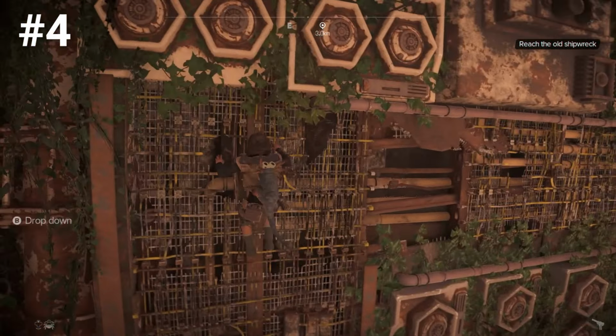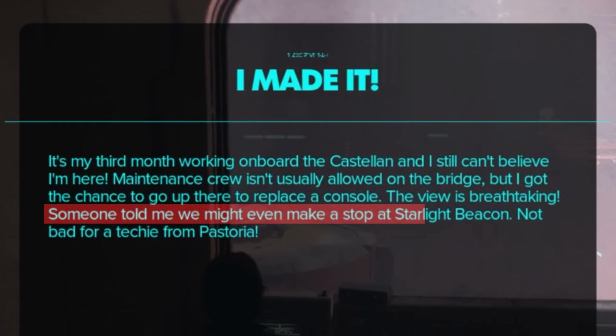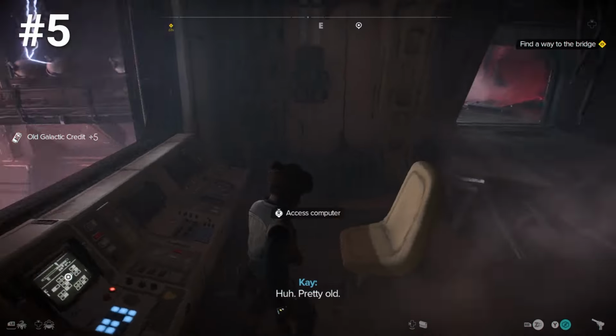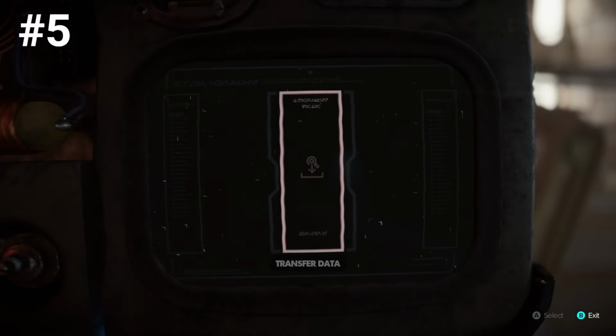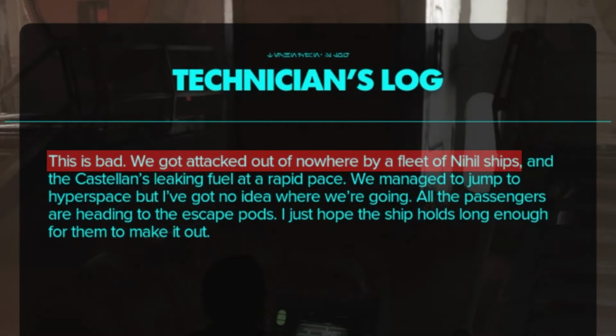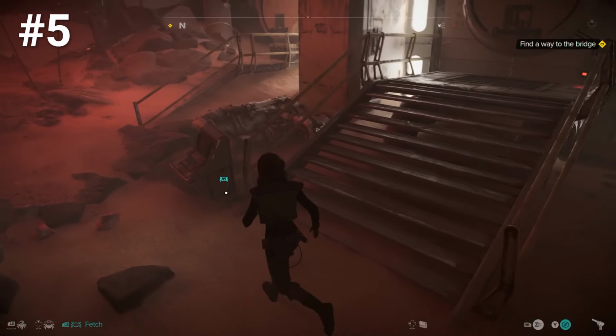In that exact same section, there is a mention of Starlight Beacon from the High Republic. This is a pretty pivotal location in the High Republic novels, and I'm sure any fans out there of the High Republic would absolutely love that mention. Now, lastly, for the High Republic, there is also a mention of the Nihil, who are essentially the main antagonists of the High Republic. It turns out this cruiser came under attack from the Nihil, and then they sped into hyperspace, which is what caused them to crash here on Toshara probably 200 years before the events of Star Wars